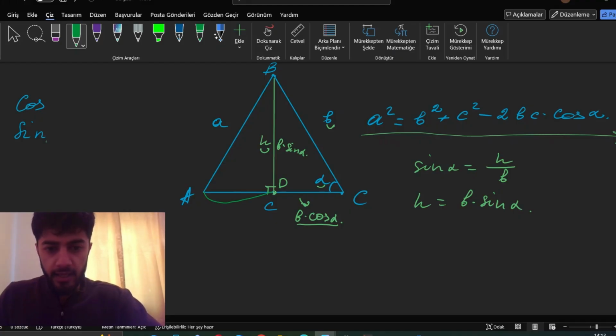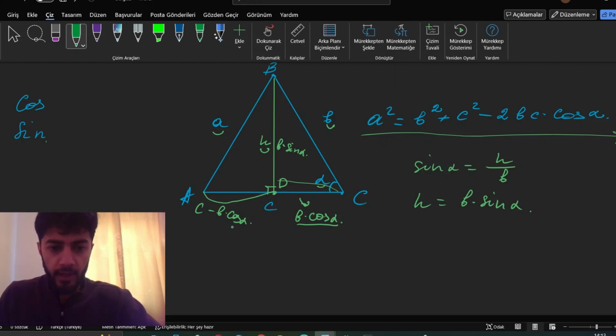So AD is going to be C minus B times cosine alpha, because all this length is C, and C minus B times cosine alpha gives us the length of AD. So here is our way. We can find the hypotenuse A by using the